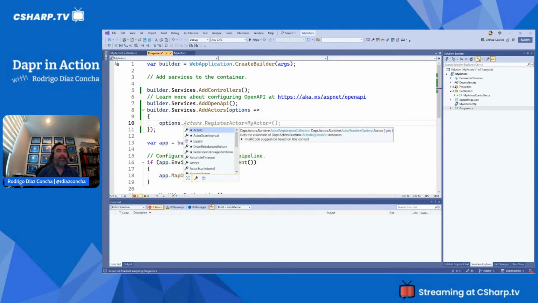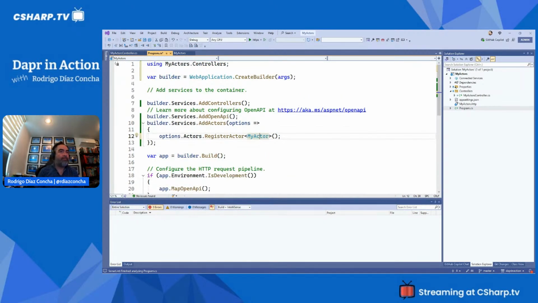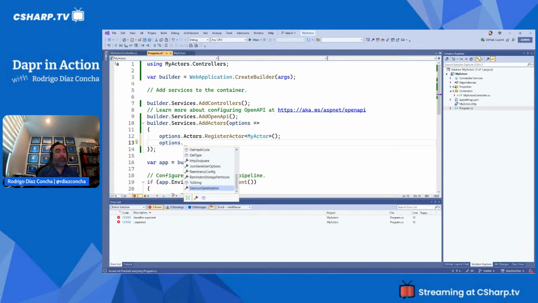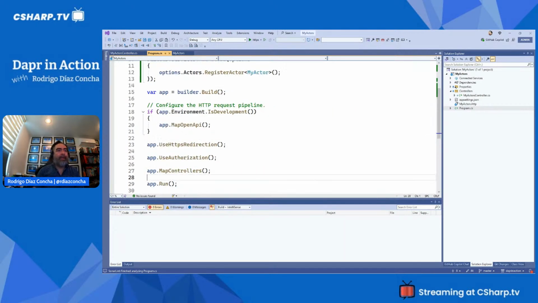In this case, I want to register this actor. Which actor? Well, my actor, right? The one that I created before. You're just registering the actor in the infrastructure. And I believe you can also use some other things if you want to tweak things a little bit here with Dapr. But I believe this is enough, and you can also go ahead and execute map actors handlers